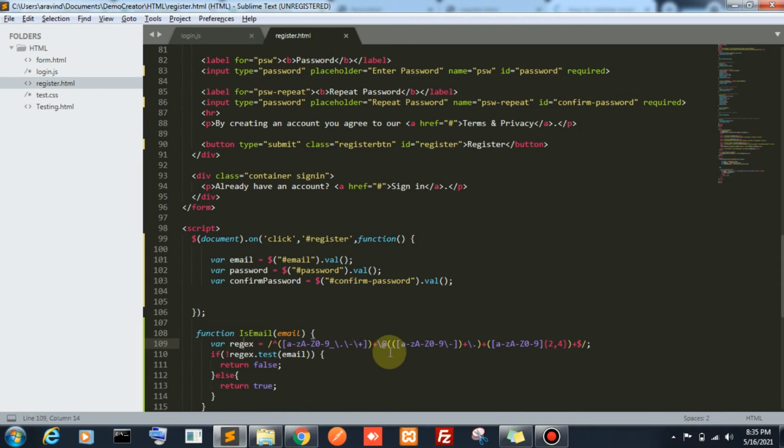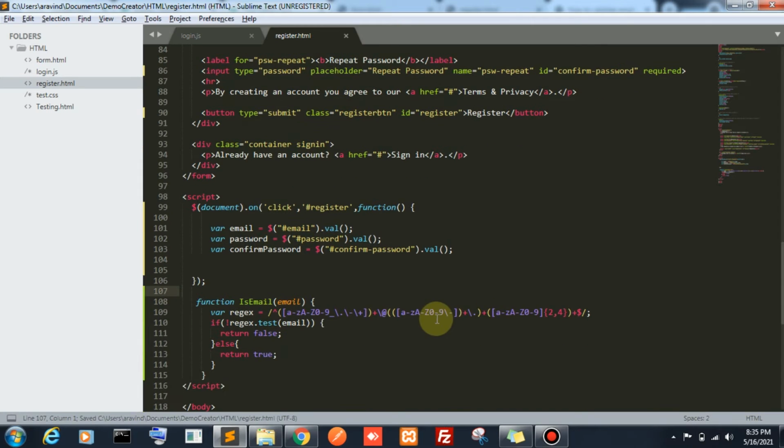Here they use the at symbol and dot symbol like this. The regex dot test method is a predefined JavaScript method, so we are using it in this email function.